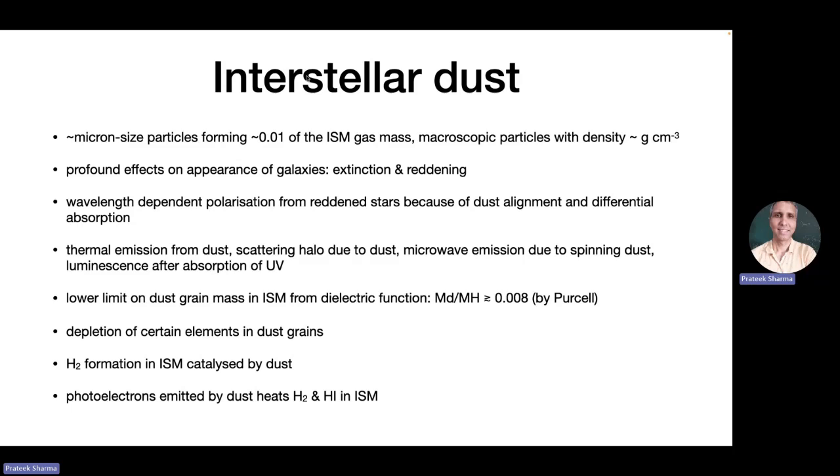The average density of dust particles is like the average density of a solid, a few grams per centimeter cube. Whereas the gas number density is 0.1 particles per centimeter cube. If you spread the gas out uniformly, that's the density that you get, which is like 10 to the minus 27 or minus 24 grams per centimeter cube, whereas this is 1 gram per centimeter cube. So dust is really like a small but solid thing, distinct from gas.